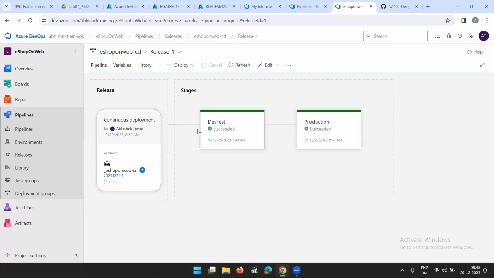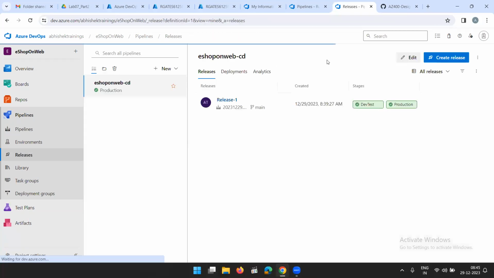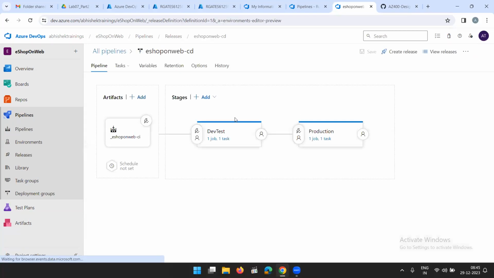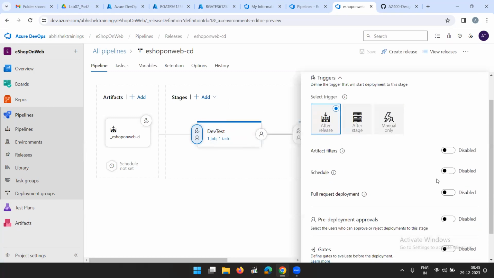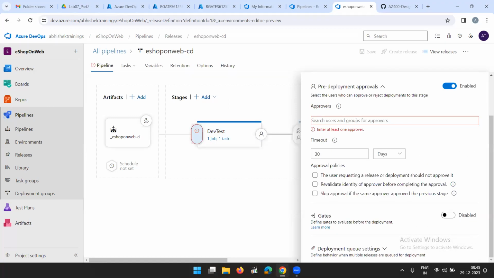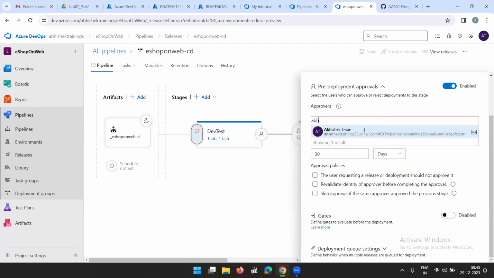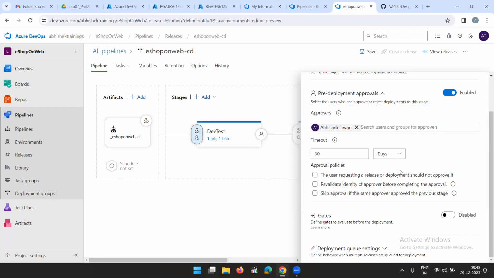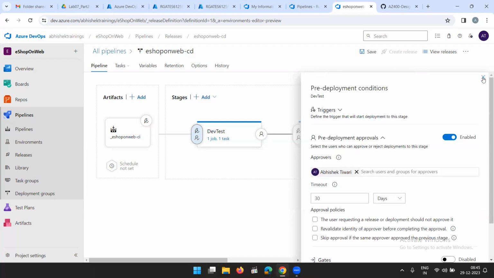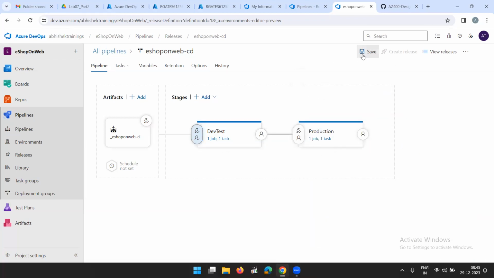What we have to do: first we will go to our pipeline and edit it. In the pipeline, there is a pre-deployment condition and there is a post-deployment condition. In the pre-deployment condition, we'll go to pre-deployment approvals. In a real-time scenario, you will not give your own name. If you are creating the pipeline, most probably this should be checked: the user requesting a release or deployment should not approve it. Close this one, save it,